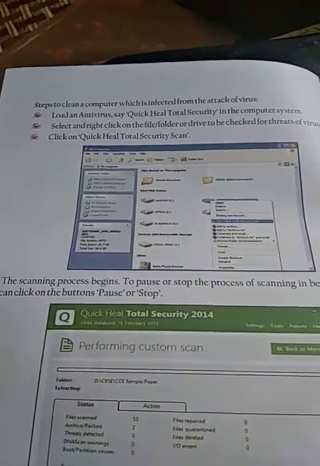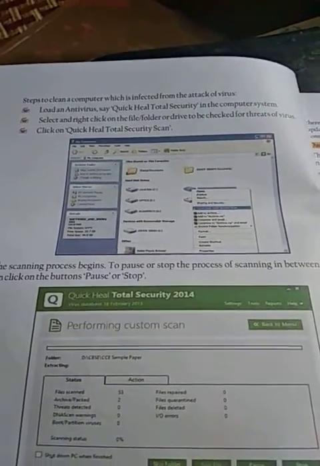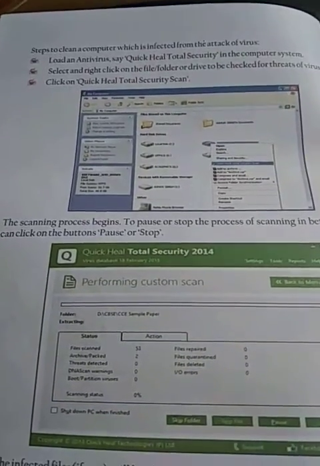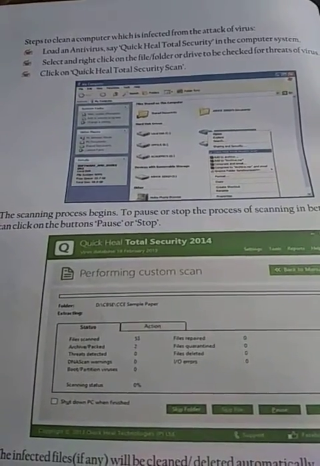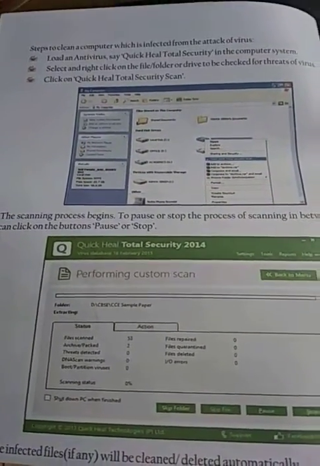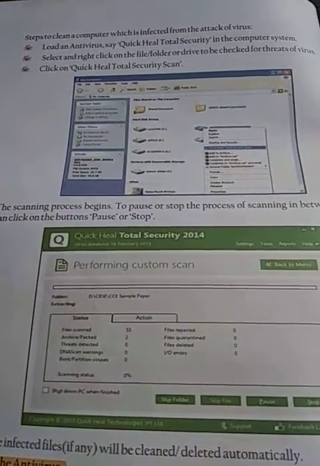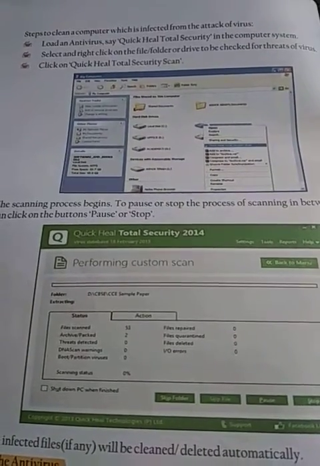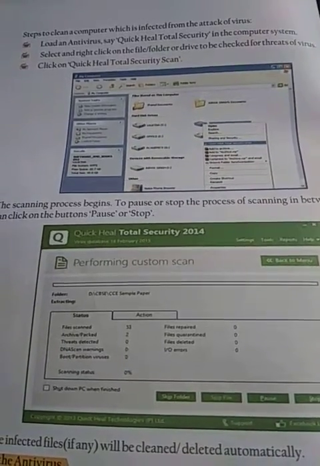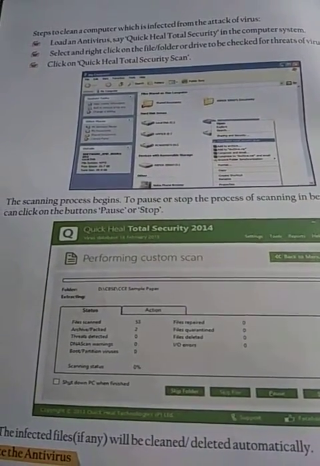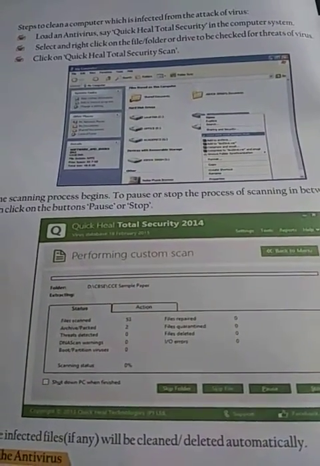Now, here in your book, on page number 26, you will see that steps are given to clean a computer which is infected from an attack of virus. So first of all, what you'll do is load an antivirus, any antivirus of your choice. Then when you run that software program, you can select any of the drives or the folders.